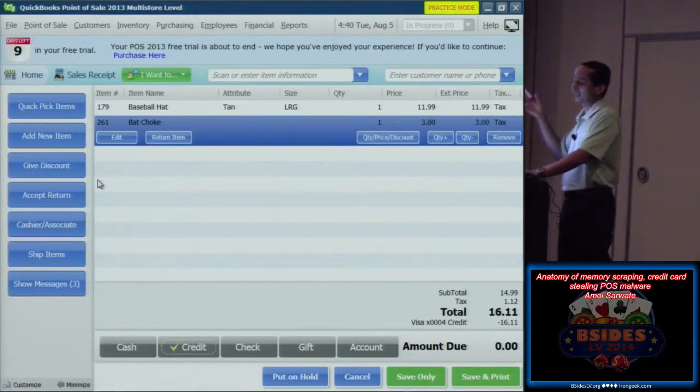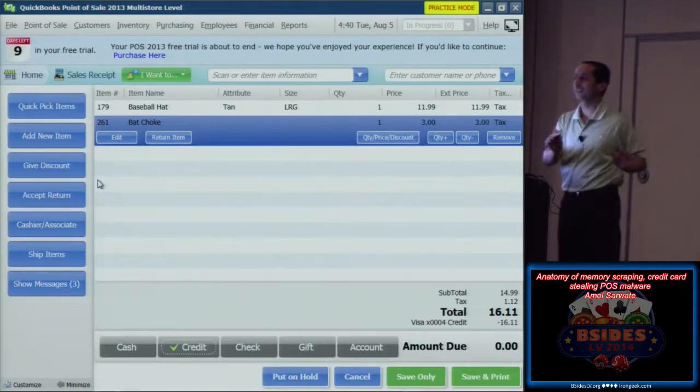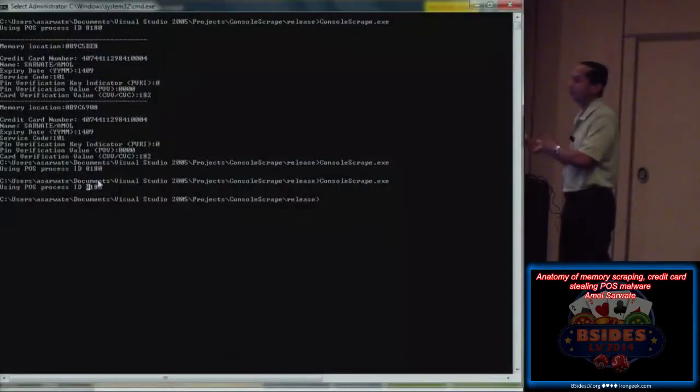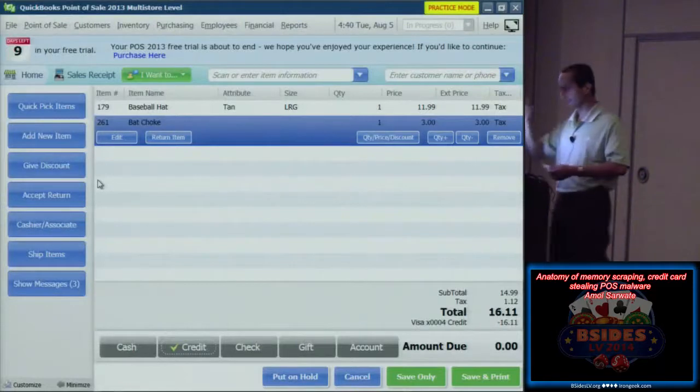If they fix that, then it's, as I said, again a race against time. How fast you can process the credit card, send it over, get the authorization, and dump the unencrypted card from your process, versus the malware, how fast it can read your process and how fast it can basically get these numbers.